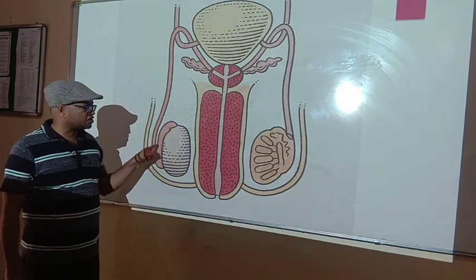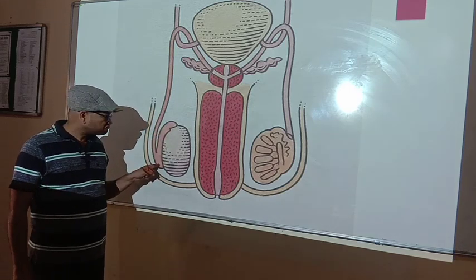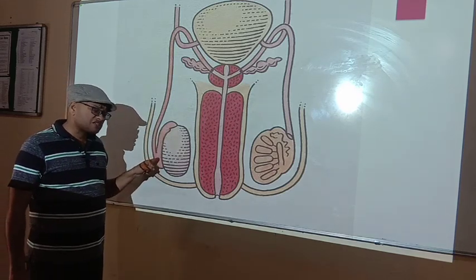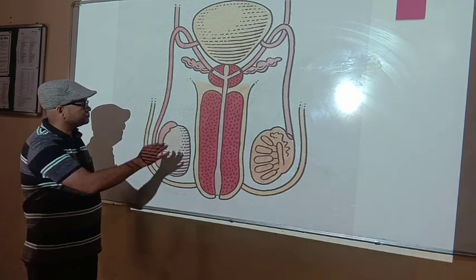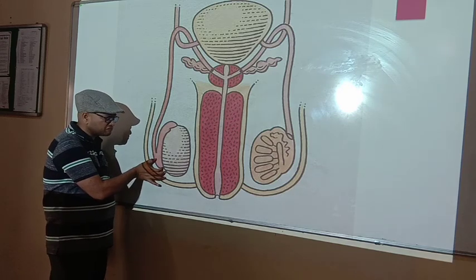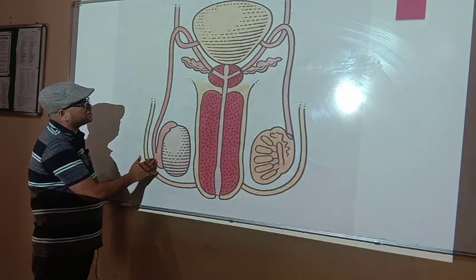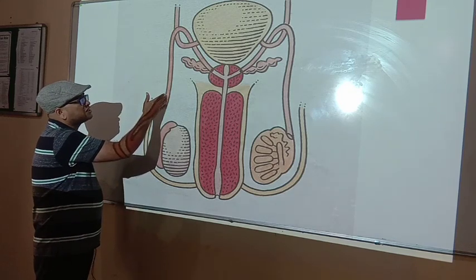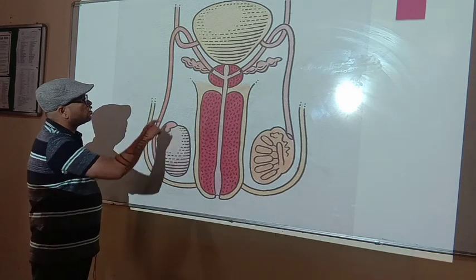This tubular structure is called the epididymis. Epididymis has three parts: head region, body region and tail region. And the epididymis is further converted into a straight tubular structure called the sperm duct or vas deferens,